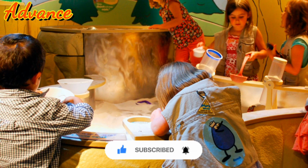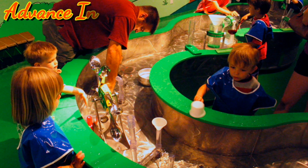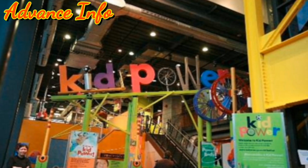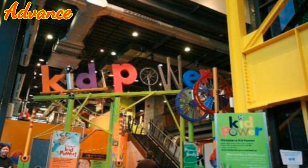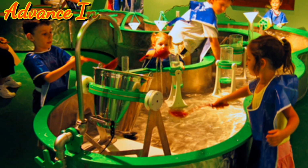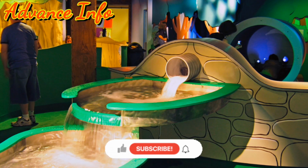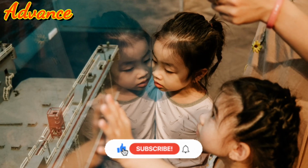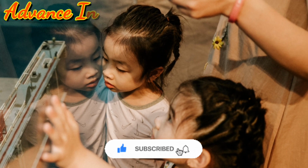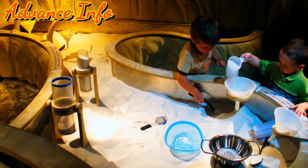The Boston Children's Museum is committed to making its exhibits and programs accessible to all children and families. The museum offers a variety of programs and resources for children with disabilities, including sensory-friendly exhibits and programs, assistive technology, and adaptive equipment. Overall, the Boston Children's Museum is a world-class museum that offers a fun and educational experience for